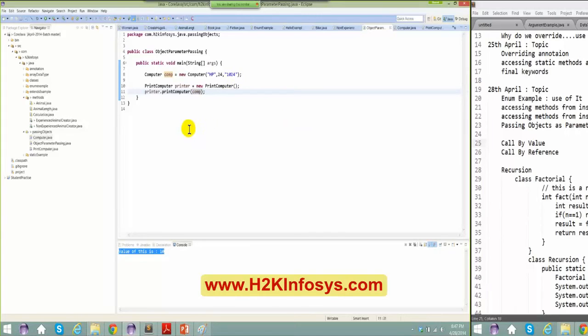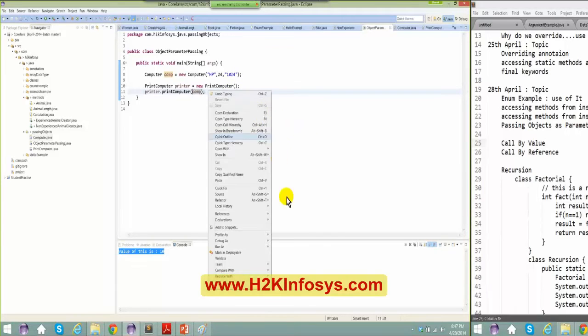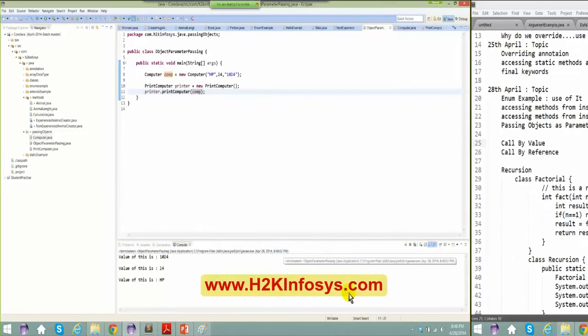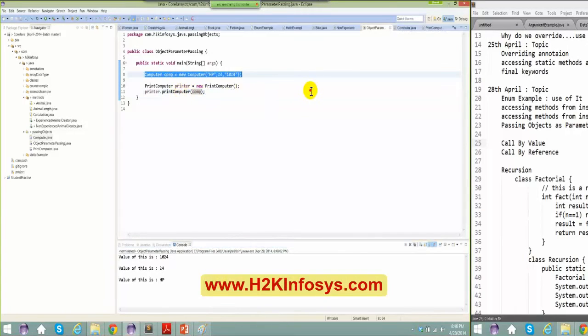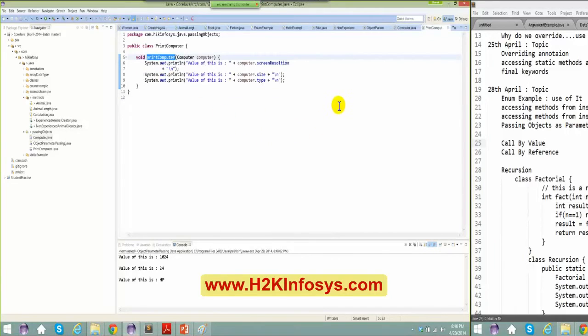So what happens when I run this? Right click, run as Java application. It basically prints me the value of this computer property. So what did I do here? I just passed this object reference in here. So in this print computer, I am basically printing all the properties of the computer. All right, now